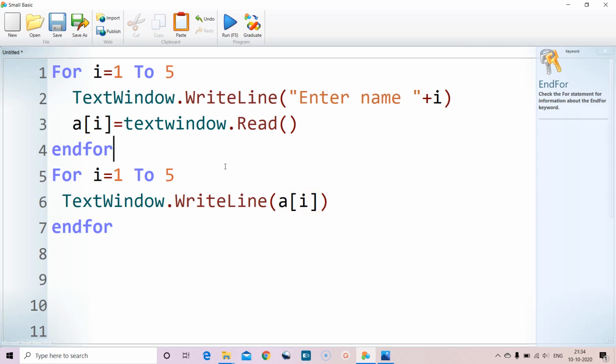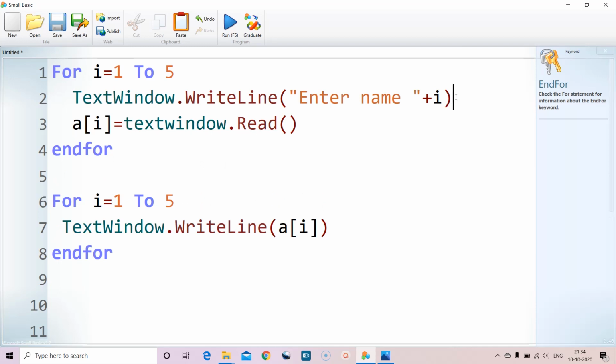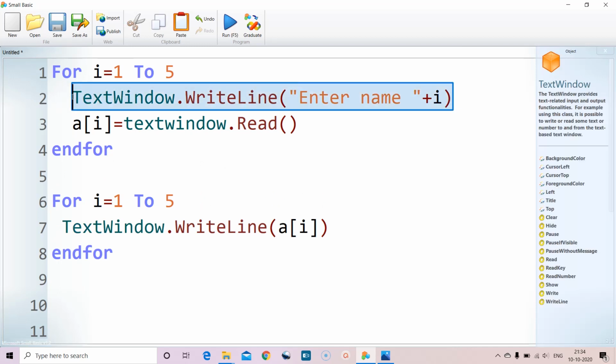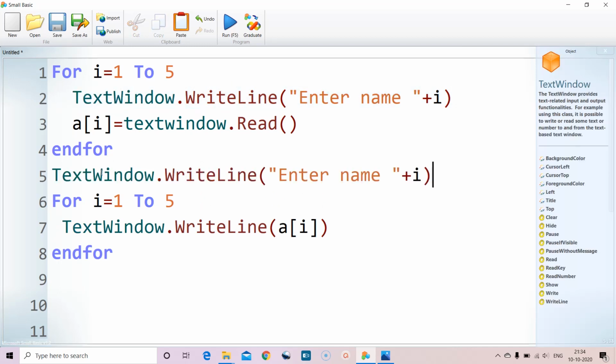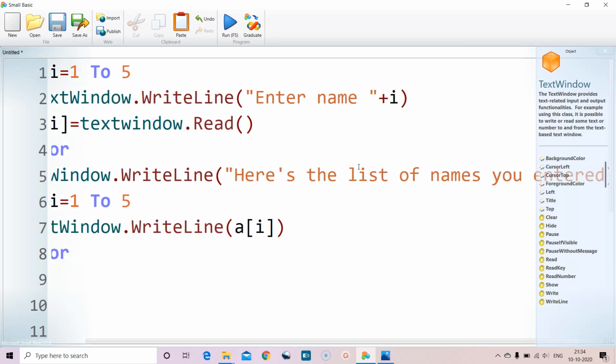Here let us also print something, before printing all the 5 names, we are printing a message like here is the list of names you entered, something like this.